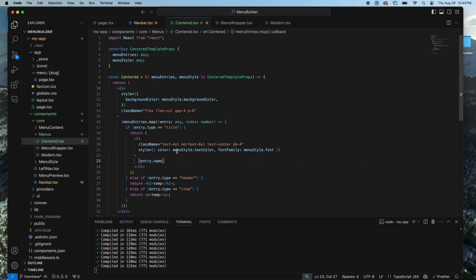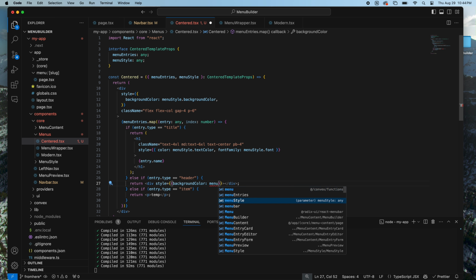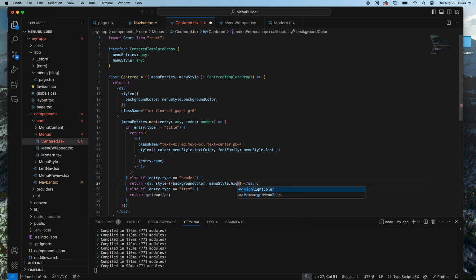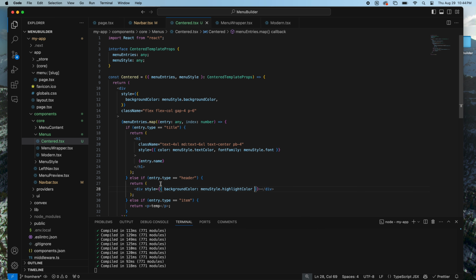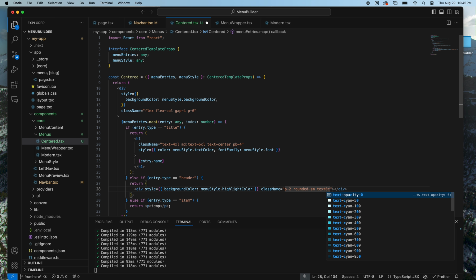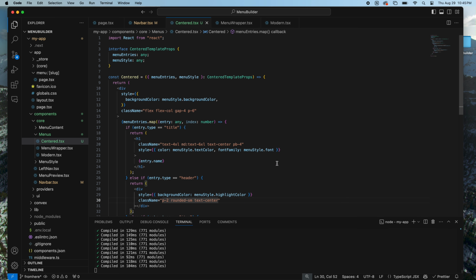And down here we're gonna have H2 for the header. Actually, we'll wrap this in a div because we want to style the background. So style, background color, menu style dot highlight color, and then class name padding 2, rounded small, text center,